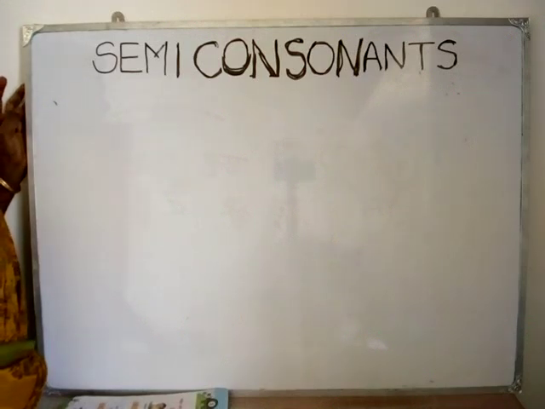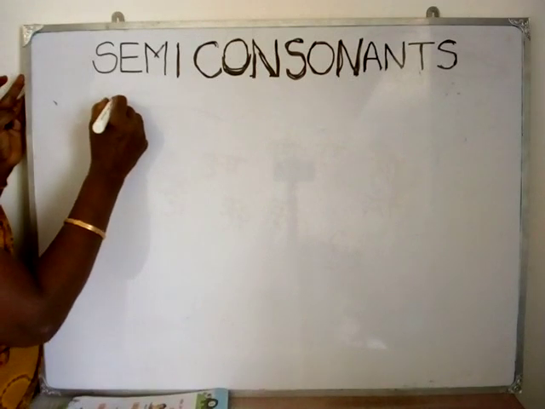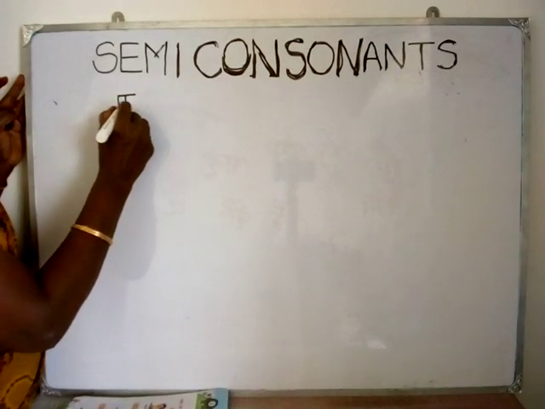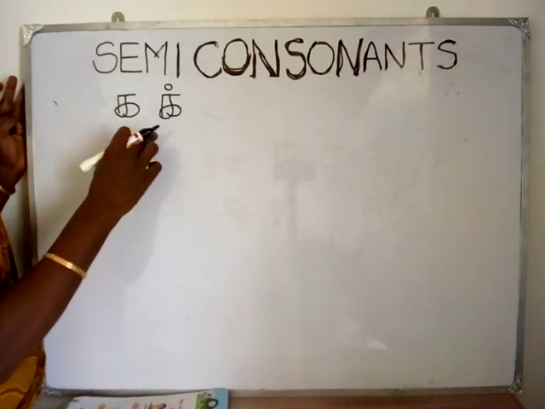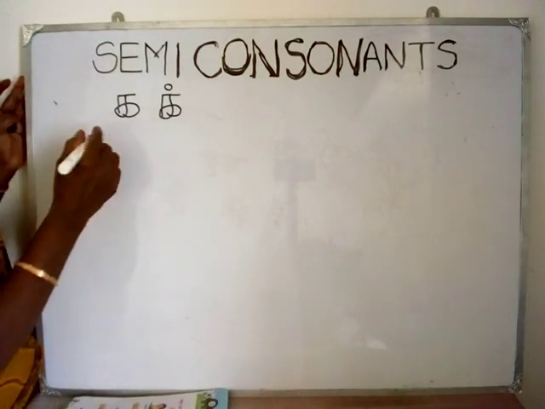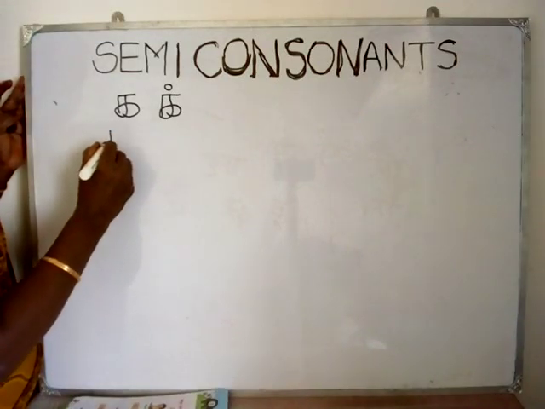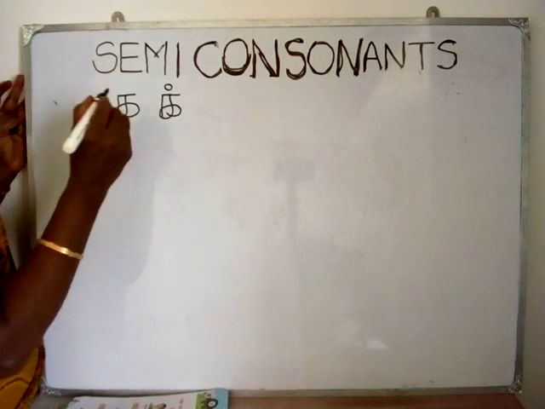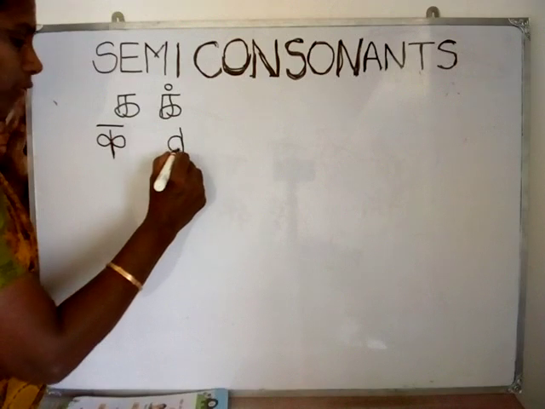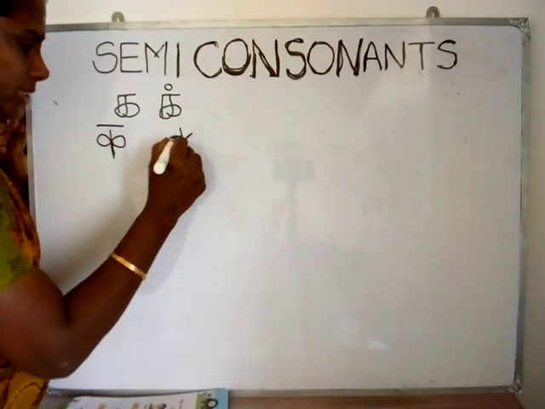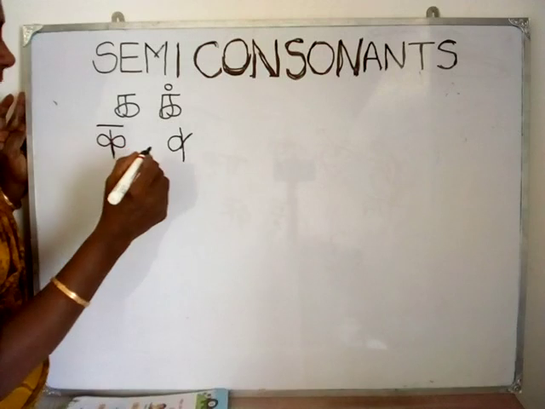What is semi-consonants? Semi-consonants means, in Tamil you have already learned மெய் எழுத்துக்கள். For example, in Tamil, this is ka. If you put a dot over this ka, this is ik. Like that, in Hindi, this is ka. Half letter. See here, listen carefully. If you stop up to this, the half letter should be considered as semi-consonants.